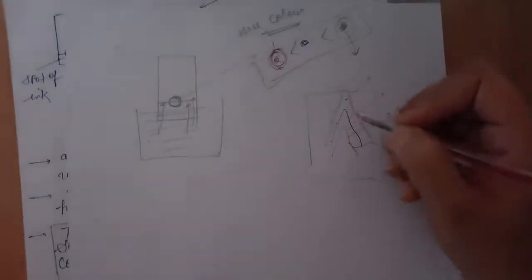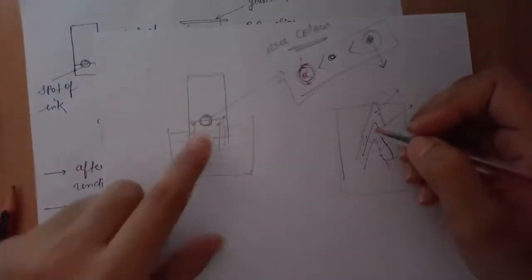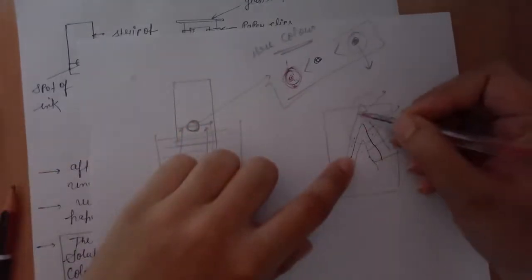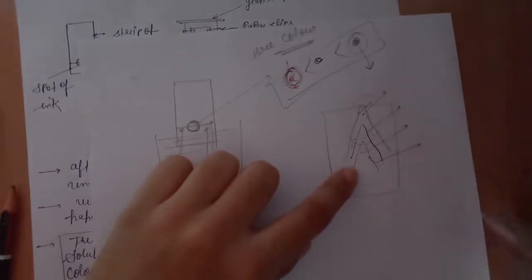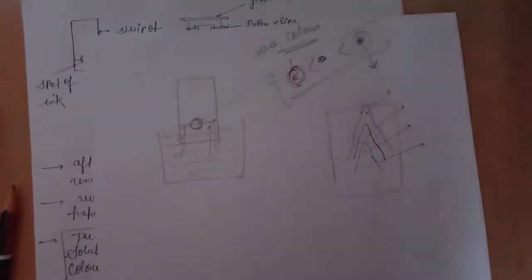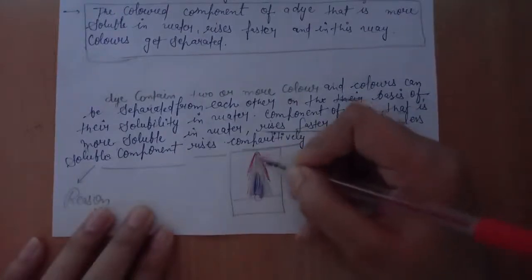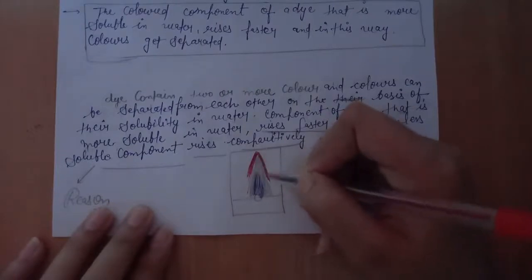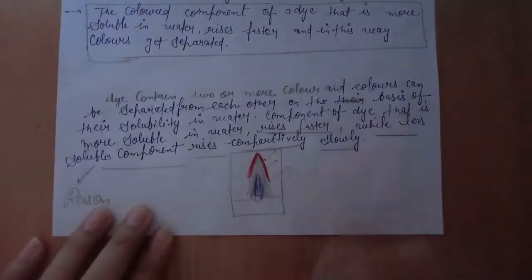So here you are seeing that the dye made up of three components gets separated into three parts, red, blue and pencil color, on the basis of solubility. I hope you have understood this method, and this is the method of chromatography. Suppose here I make a red color. Here three layers of color, three components of dye, get separated on the basis of their solubility: first red, second gray, and third blue.